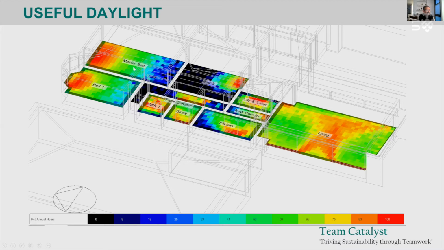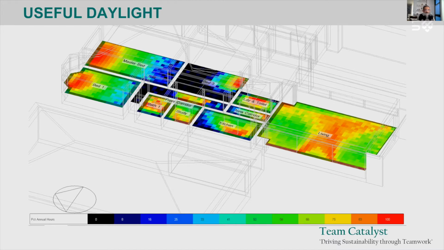Now, compared to what was happening with the overcast sky, you can see here that while there's a lot of daylight close to the window, actually I've got a fair bit of usable daylight, even a little bit lower, deeper into those rooms. So that's kind of a thing that we would do with daylight. Now, the next couple of things I was interested in were, what's the performance in winter and summer?